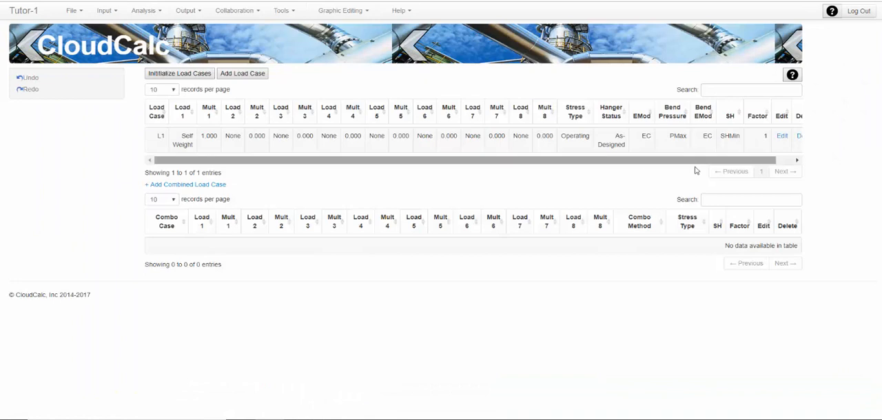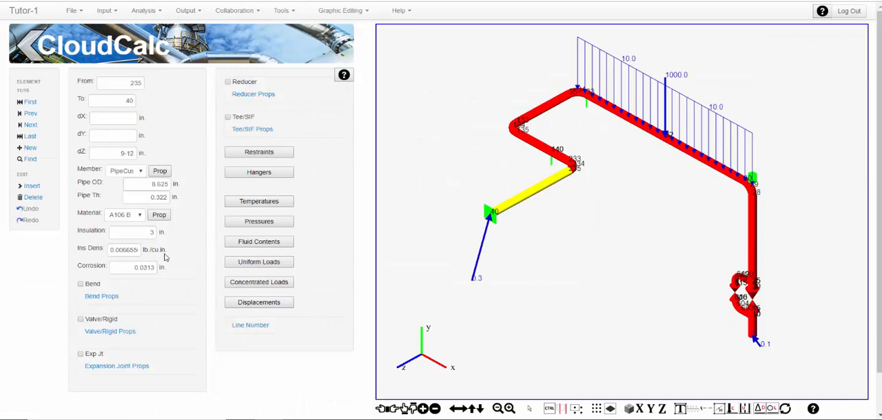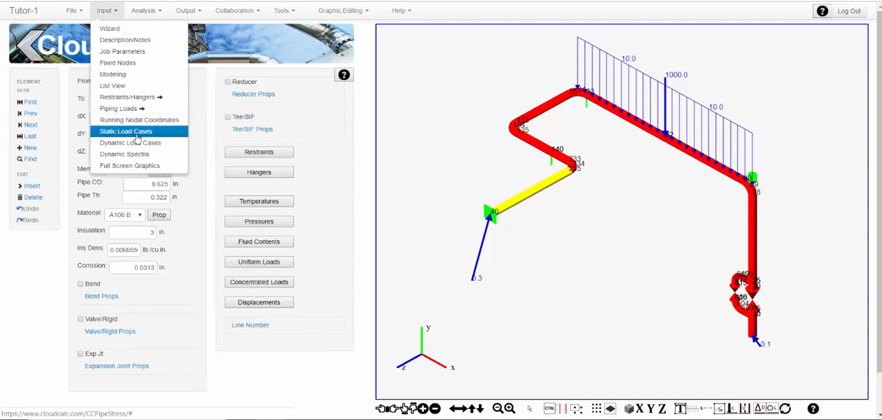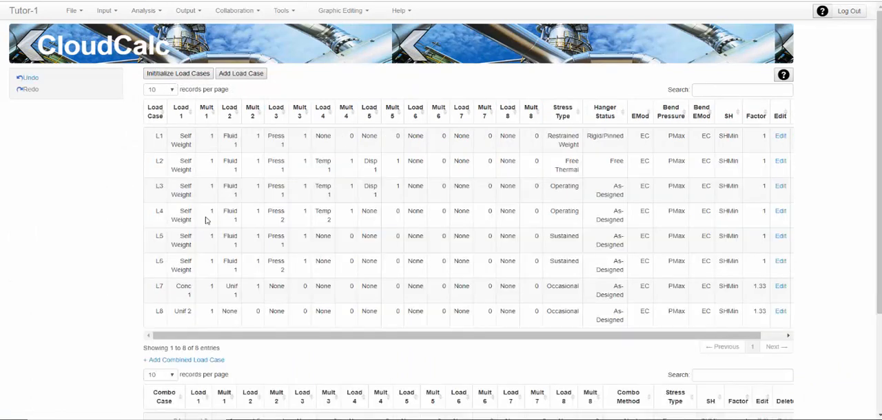So if we come here, it defaulted to a single load case of self-weight only, which is a pipe and the insulation, if any. Let's see if we have any here. Insulation 3 inches at 0.006 pounds per cubic inch, etc. Corrosion. All this information came over, pipe size, etc. So if we want to set up our static load cases, come here, hit our initialize load cases, and it